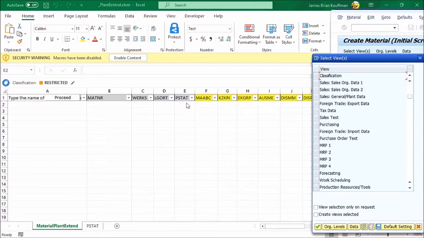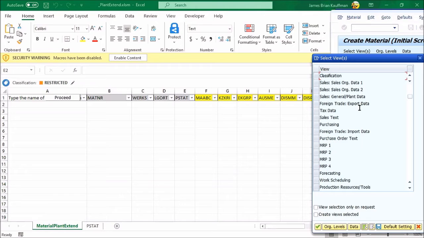If the view doesn't exist because the material type that's being updated doesn't have that view, then it won't cause an error. That view simply won't be ticked, and when it's pressing enter at the end of each screen in